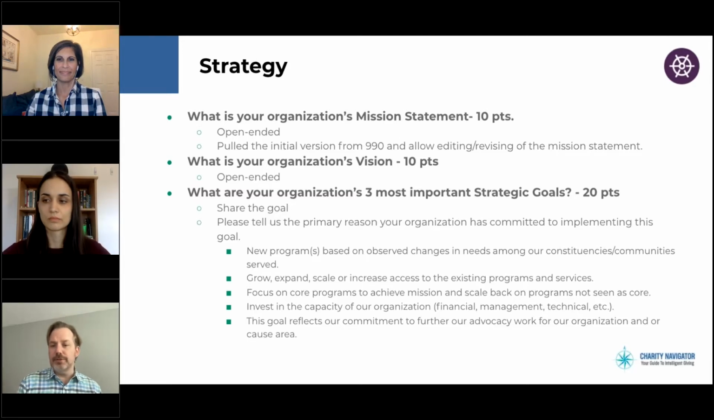We want to hear your vision, and if you've got a vision statement, provide that. And then we want to hear your most important strategic goals. We're asking for up to 3. And then we're asking you to categorize them. And this is a really important point. There's an open-ended part to it, as you'll see when Masha shows you, but there's also a structured part to it. So the goal can be anything, but could you also let us know,